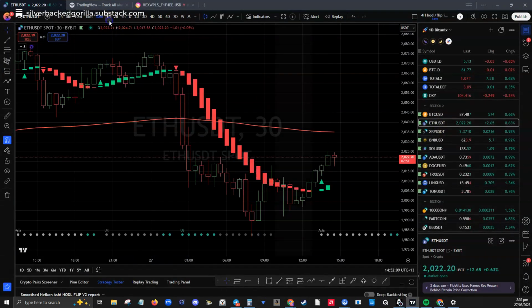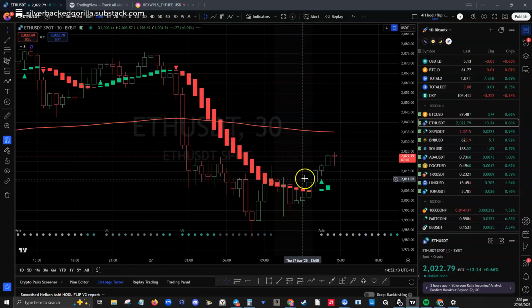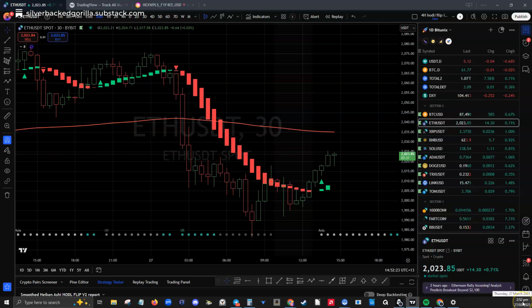So this is the 1 hour. It's about to sort of change. It has changed on the 30 minute. I want to see that before I do anything. It popped down, the alarm went off, and it's popped straight back up. But that's about to close, and it's in 8 minutes.